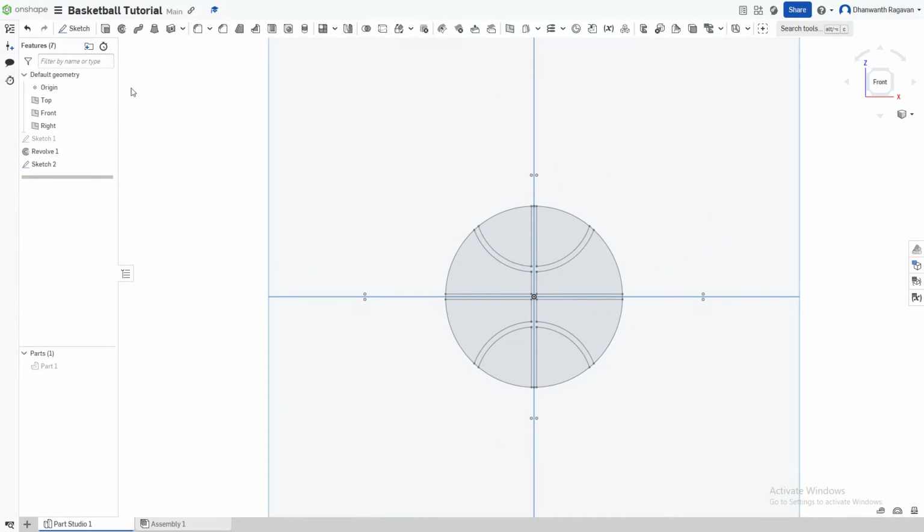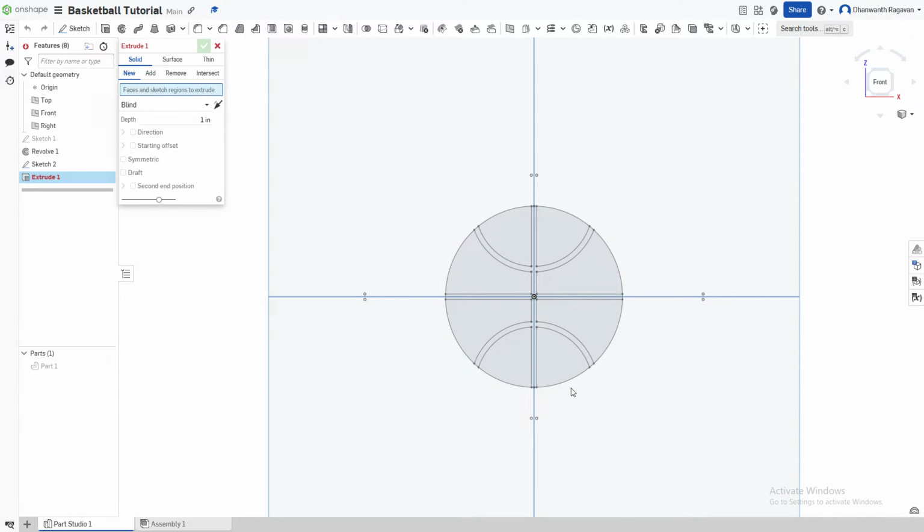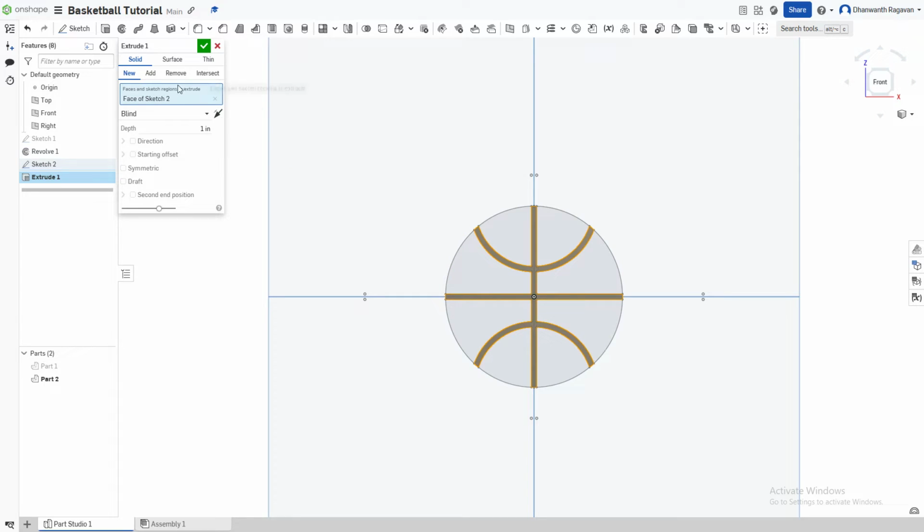Now we're going to choose the extrude option. Now as we go over the circle, you're going to try and go over this little square, and all of this is going to highlight. We're going to left click this, but we're going to choose remove, not new, add or intersect. We're going to go to remove, and we're going to give it a depth of 2.36 inches like that, and